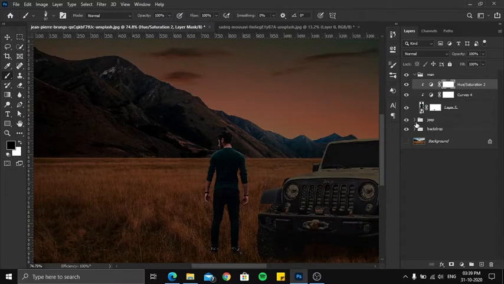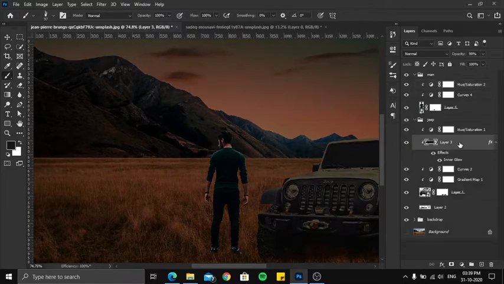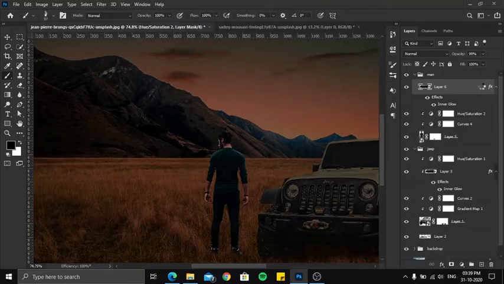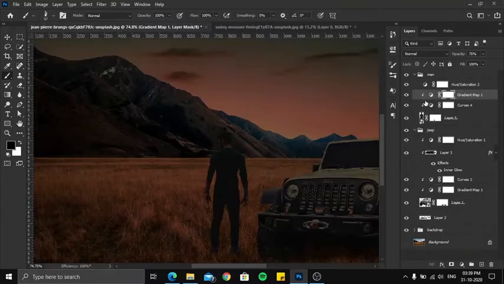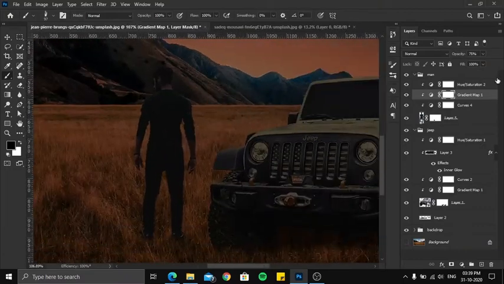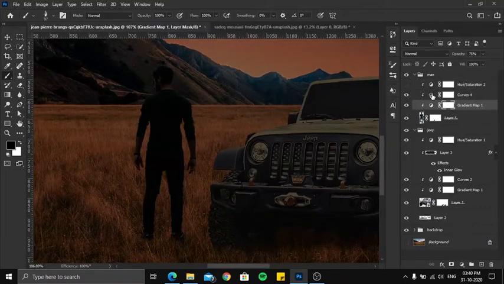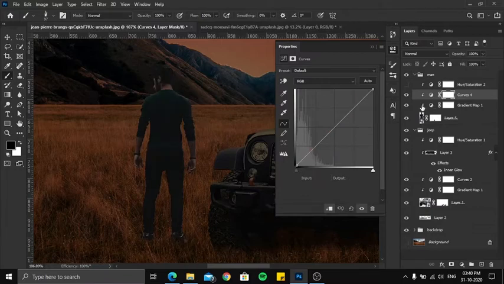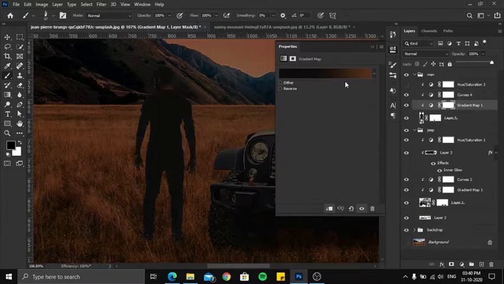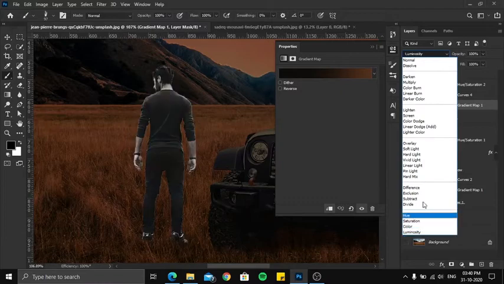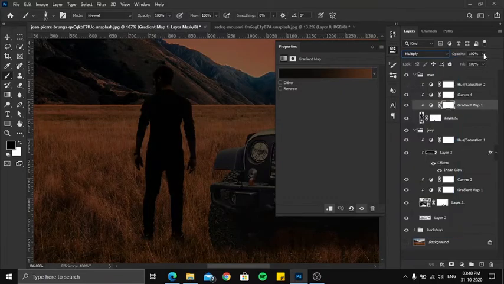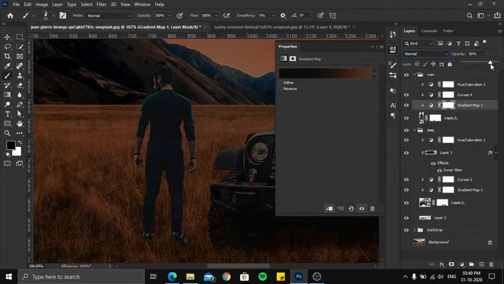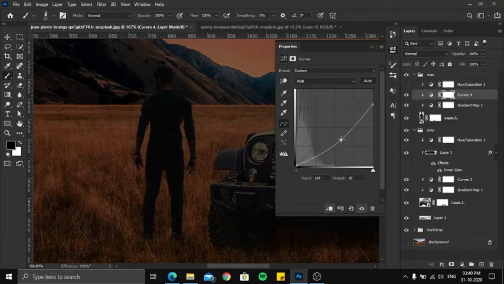I'm gonna use the same gradient map as we used on the Jeep over the subject to match its highlights, shadows and midtones with the background. You have to adjust all the settings as per your image. I am doing it on my own preferences as I think it is perfect for the image. Your taste may vary. Making the final adjustment with the curves.